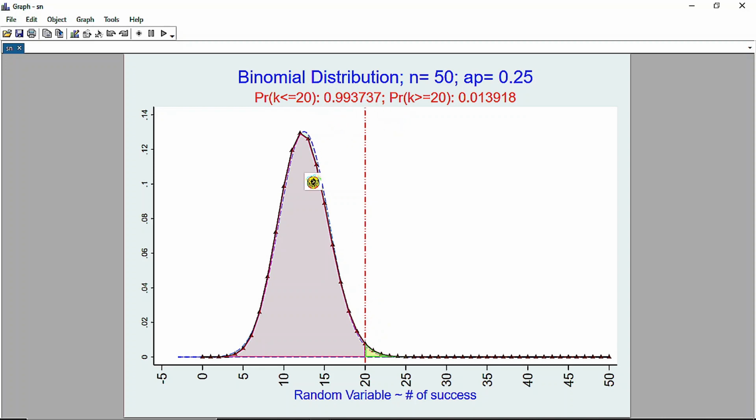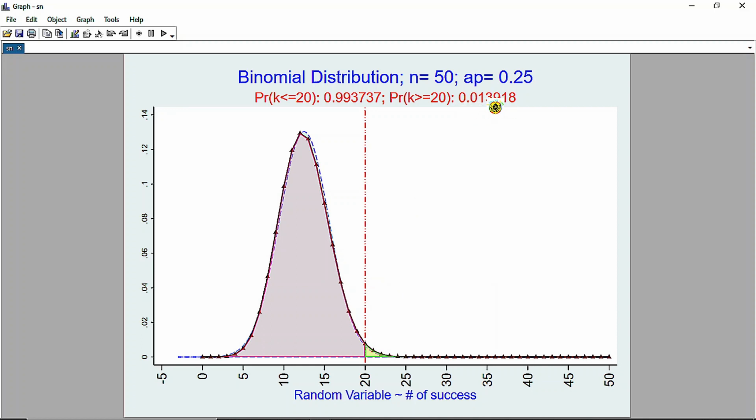So for less than, it covers 99% of the area. So we assume that the null is true. We are assuming that the probability of success is 25%, and we draw this graph, and this graph represents the null hypothesis. So whether we are able to reject the null hypothesis or we fail to reject the null hypothesis, let us see the alternate one. For this alternate, it's 99%. So we fail to reject the null hypothesis if our alternative hypothesis in this case is less than or equal to 20. But if our alternative hypothesis is greater than or equal to 20, then